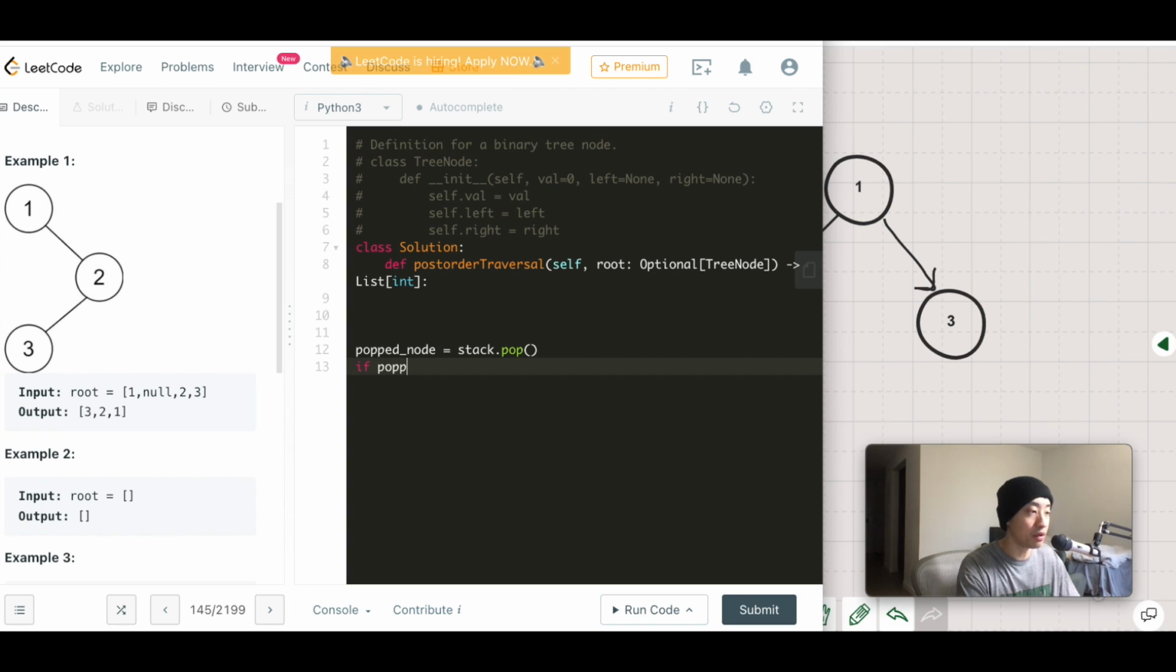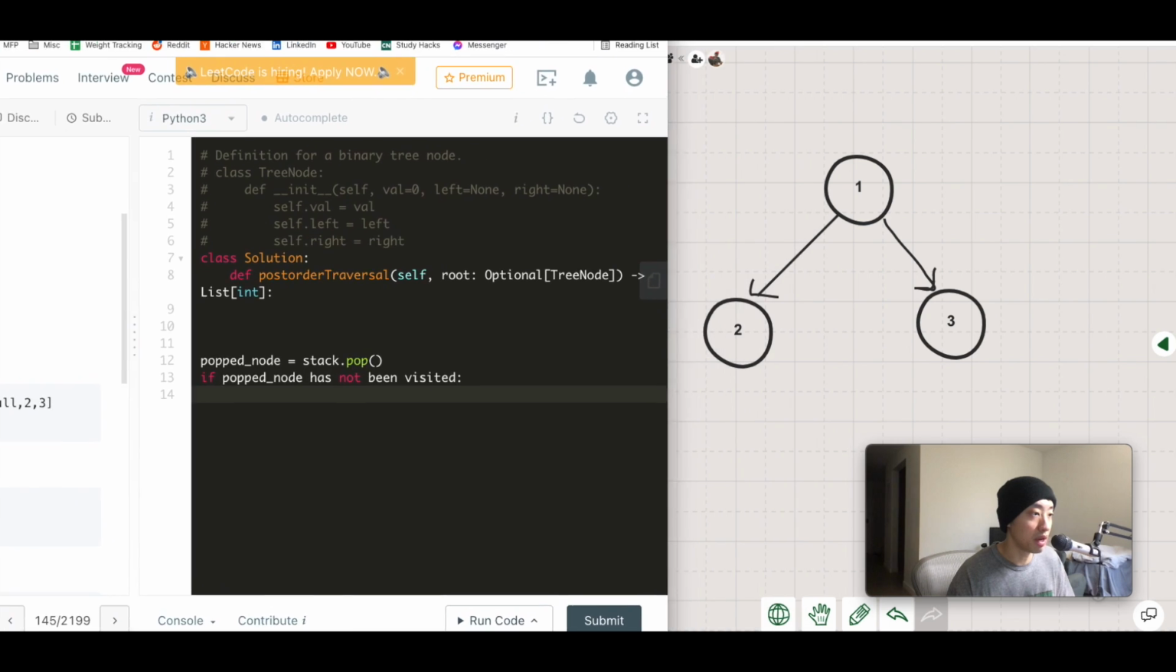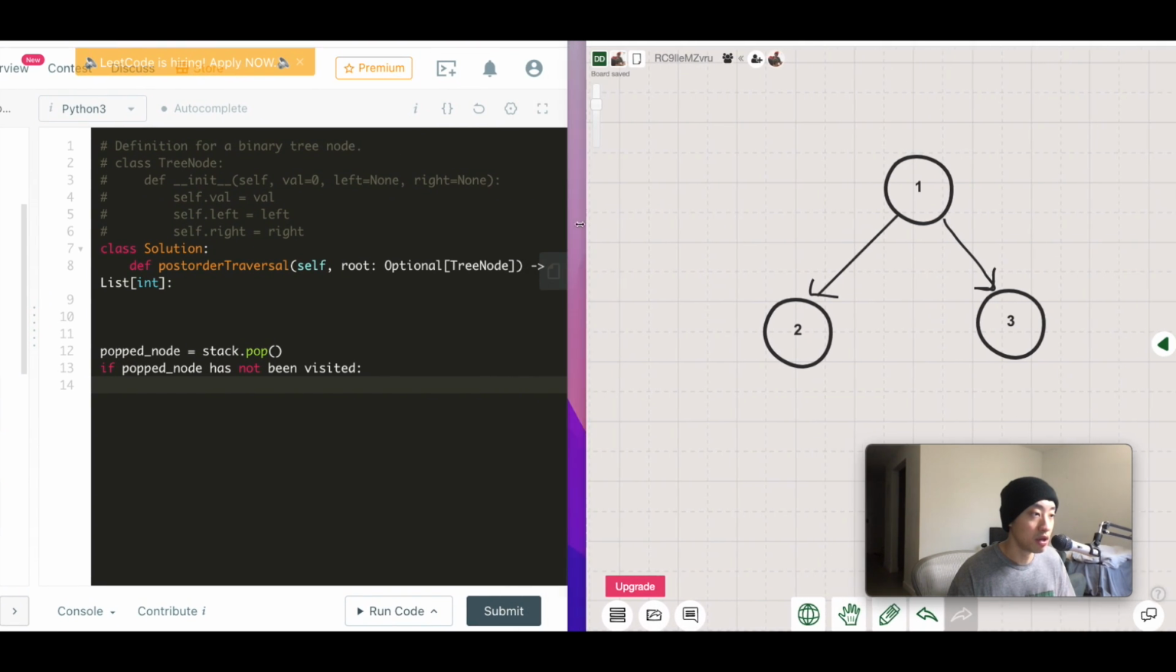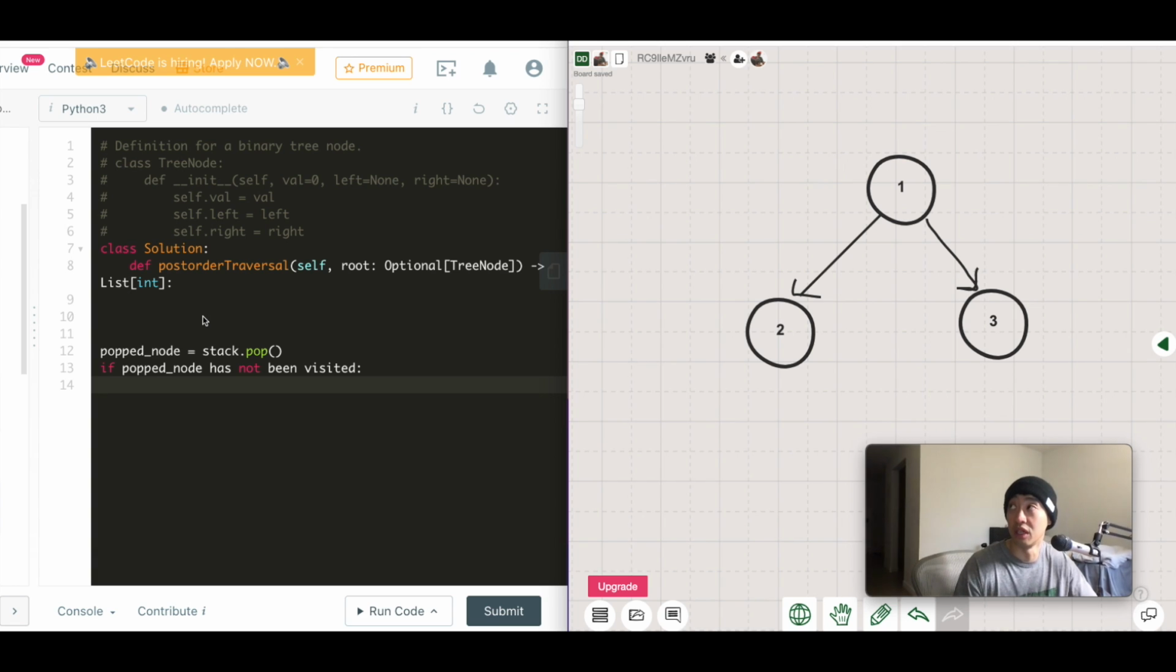If pop node has not been visited, right? That means this is the first time we're looking at it, right? If it has not been visited, then what do we want to do with it? Well, let's think about this. Let me move back here. So if the node has not been visited, then